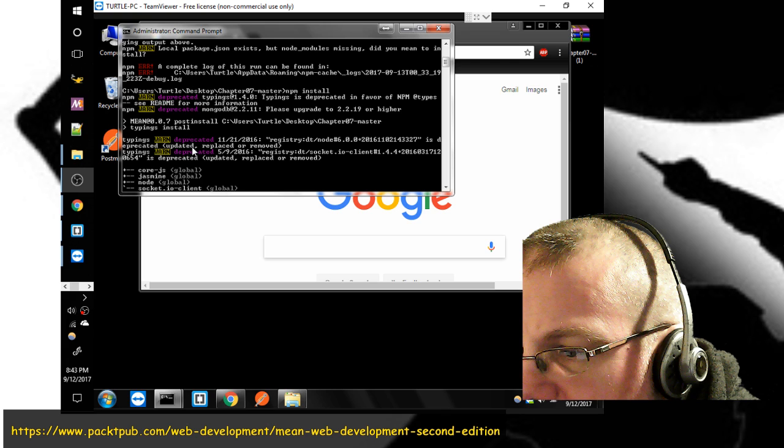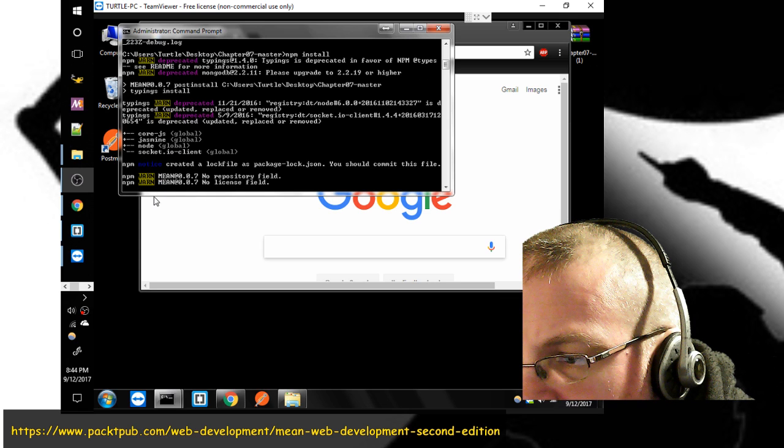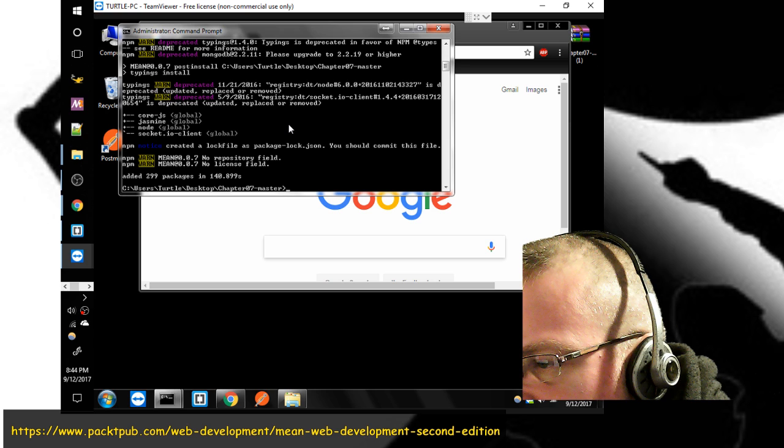Core JavaScript global, Jasmine global, Node global, Socket.io client global, npm. Can't read that one. Something created a lock file as package-lock.json, you should commit this file. npm warn no repository field, npm warn no license field, added 299 packages in 140 seconds. That actually sounds better than some of the stuff we were getting before. I might be wrong,